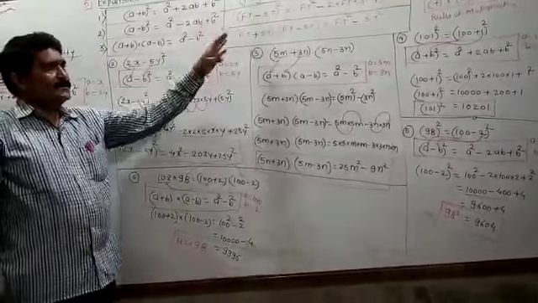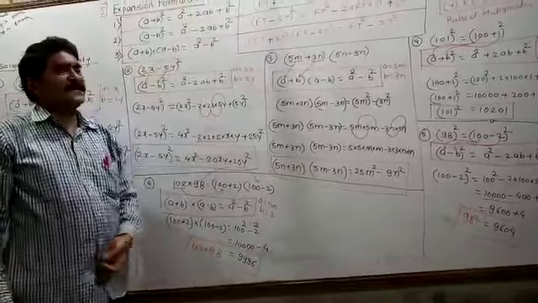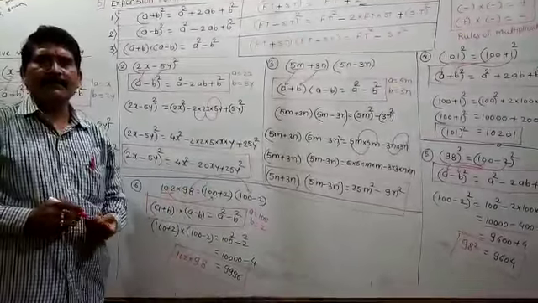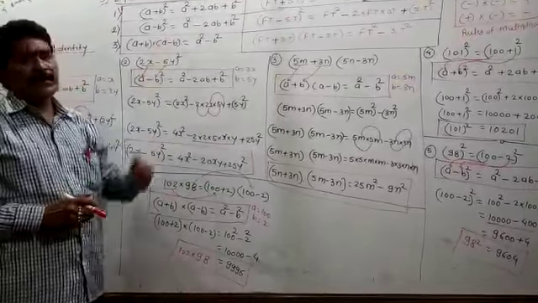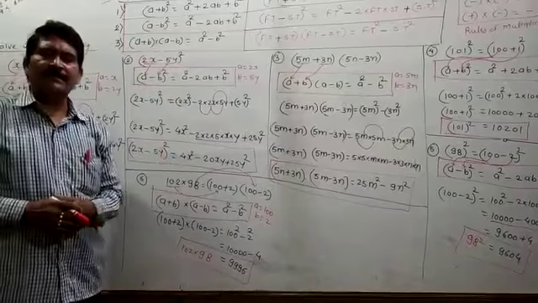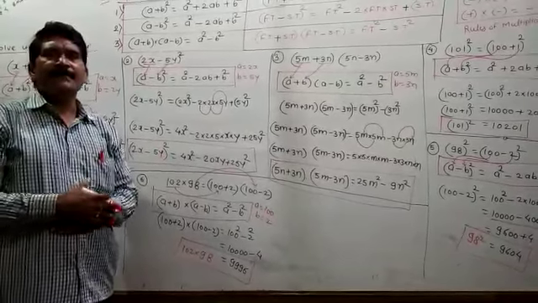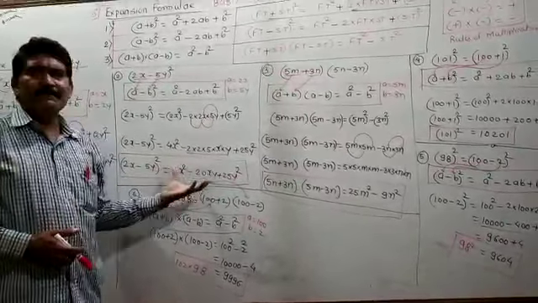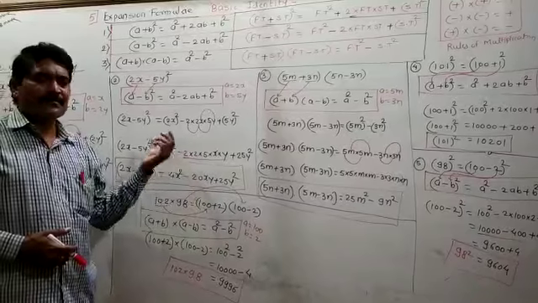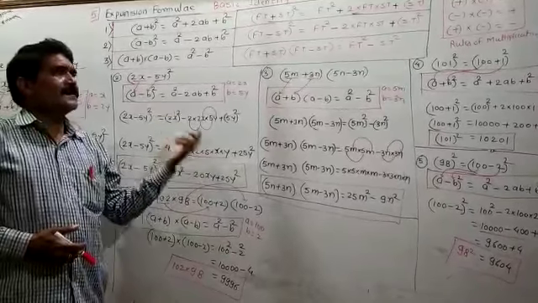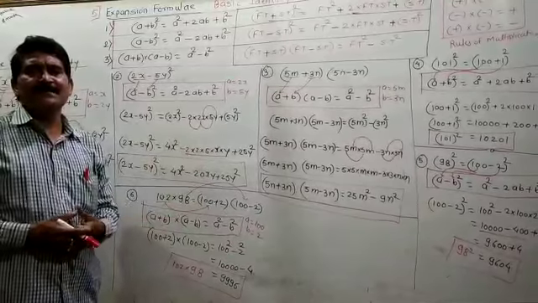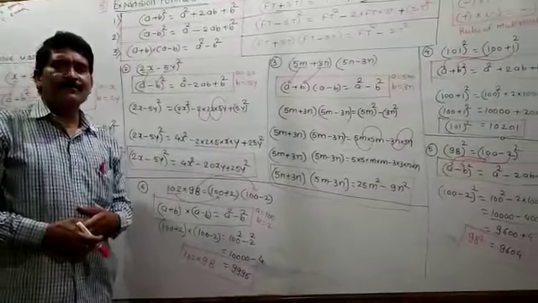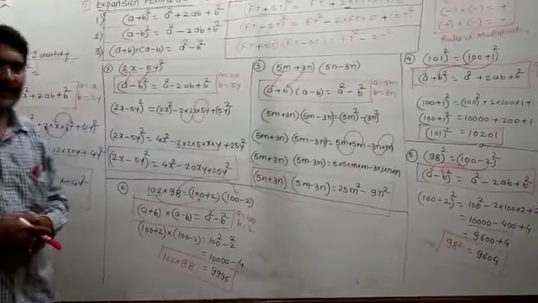So you have to utilize each and every identity. You have to decide which identity you will utilize for solving this problem. So you have to learn this identity properly, and when this type of question is there, at that time you have to utilize the identity and solve the example by using it. This is the basic of the maths of algebra. For solving algebra, these are the basic identities and these are very essential for the future. So you have to learn these identities and do all these things properly. Write all these things in the notebook.